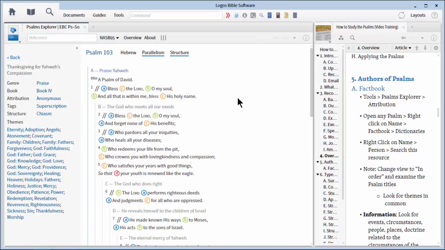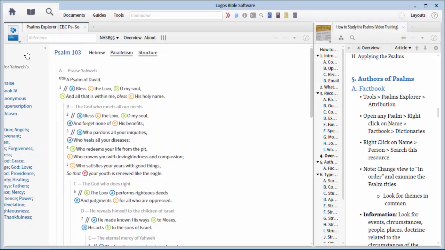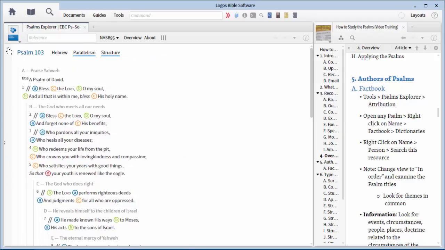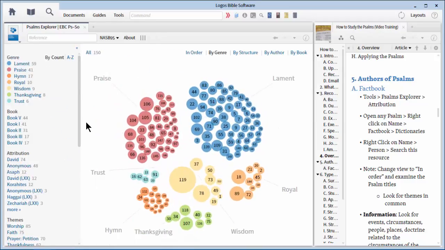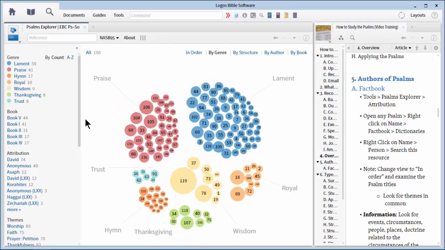Now, depending on when you use this, you might walk into the middle of a psalm, like I have. So what I'd like to do is locate that little chevron at the top, click it if it's collapsed like this, so it opens up, and then click back. And that puts us back at the beginning of the Psalm Explorer. Now, there's a lot of information here, and we'll talk about different aspects of this as we work our way